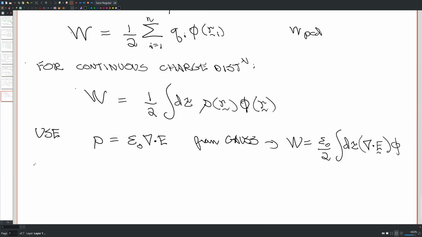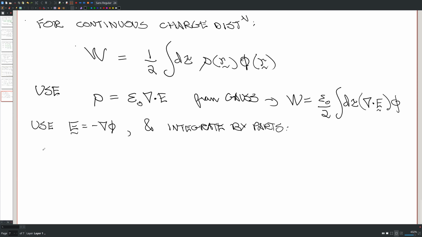But now I can also use the fact that E is equal to minus grad phi, and I can integrate by parts to get the following thing. So what does that tell me? First of all, I just used the replacement here. So this becomes minus epsilon 0 over 2, now the integral d tau of div of E